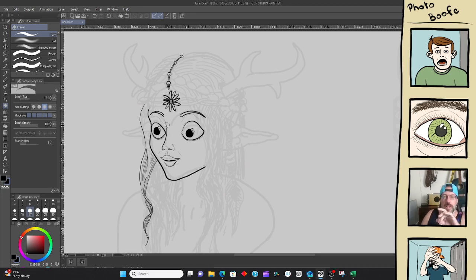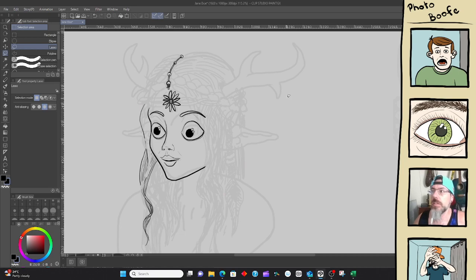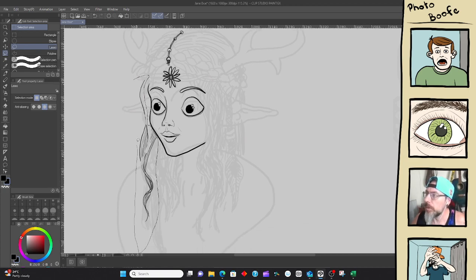Because I'm going to mess with the hair a fair bit, I should actually put it on a separate layer, which of course I know how to do in this. Let's go ahead and select to start with.